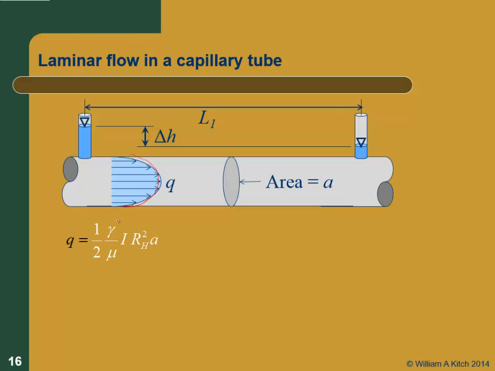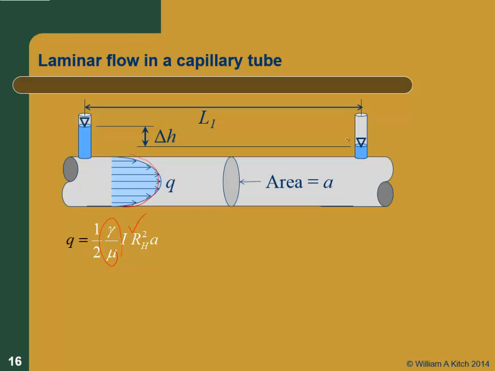If you go back to your fluids book and look up the parameters for laminar flow in a pipe, you'll find that the laminar flow velocity is equal to 1/2 gamma over mu. These are the fluid properties right here,